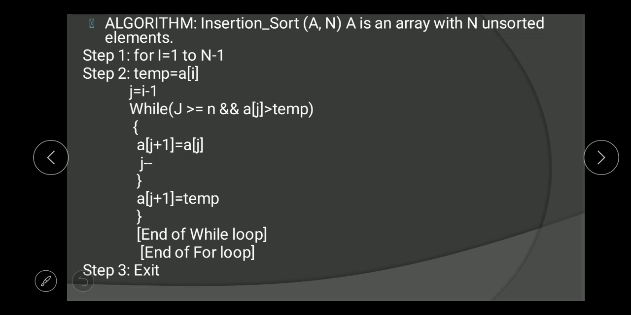Algorithm for insertion sort. Insertion sort (A, n), where A is an array with n unsorted elements. Okay. Step 1: for I equal to 1 to n minus 1. Here we will repeat our process to get our sorted array. So for I equal to 1 to n minus 1, first we will